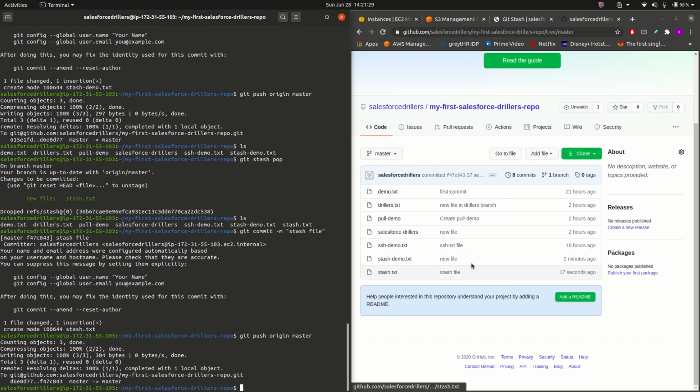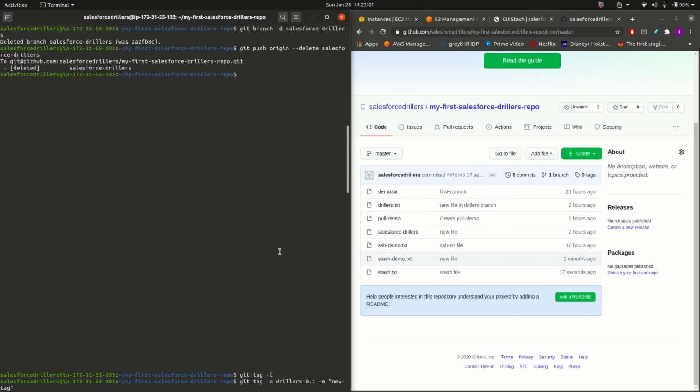So here it is. That is the use of git stash, which means stashing our changes, or hiding our changes temporarily, so that we can work on another file. And by using git stash pop, we can again bring that change that was stashed back into the frame, and we can push that particular file to the remote system repository. It is a very important feature and very useful for developers. That is how git stash works.